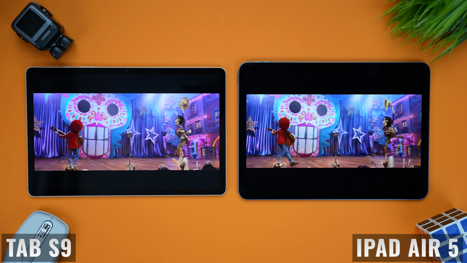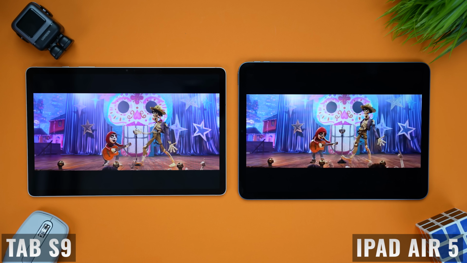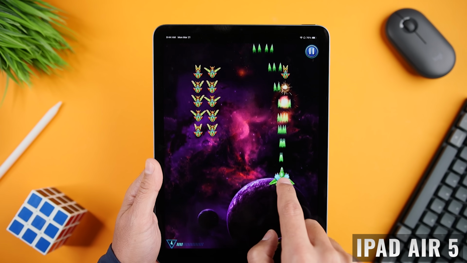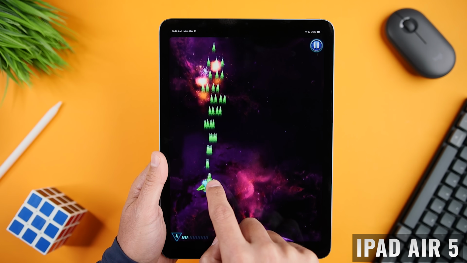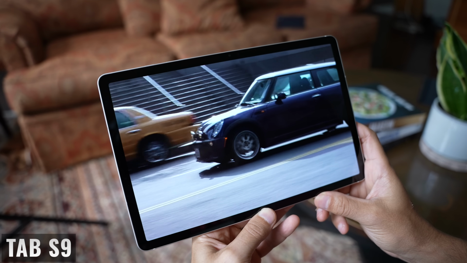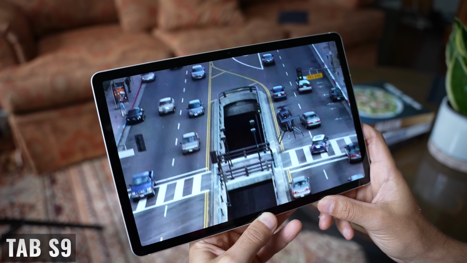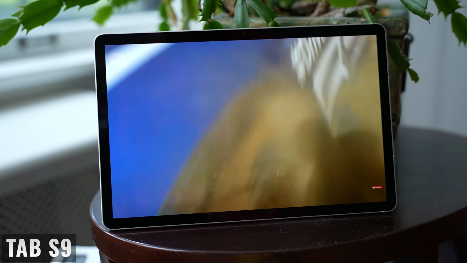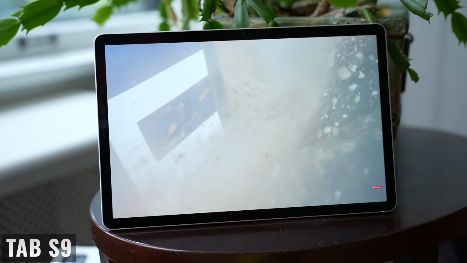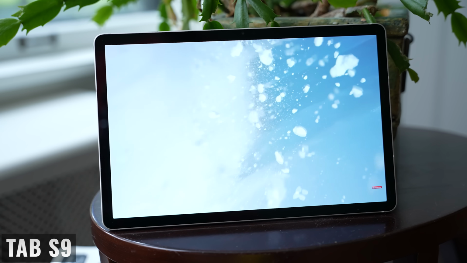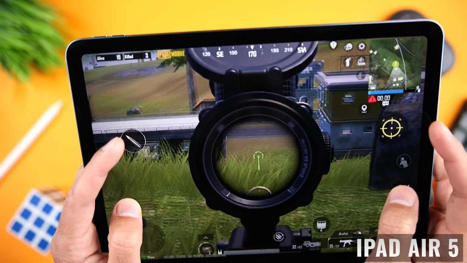Now, moving on to battery life, comparing these devices when they were new, we're looking at about 10 hours of typical use on the iPad Air 5 versus about 12 to 14 on the Tab S9. Now, keep in mind that this completely depends on what you're doing. If you're watching a video over Wi-Fi, then you're using a lot less power than if you're gaming or rendering a video. Now, the Tab S9 is also capable of accepting faster charging at 45 watts versus 30 watts on the iPad Air 5. And remember that the iPad Air 5 does come with a 20-watt charger versus the Tab S9, which doesn't come with a charger at all.